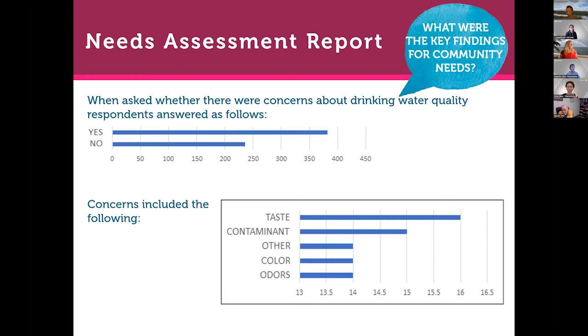These are secondary constituents when you're looking at taste and color and odors, but it's something that can be worked on. So I think the good news is that in terms of the quality of the water in Ventura County, it's very good, but it could actually get better with some of these things like taste and color and odors. We can go on to the next one.